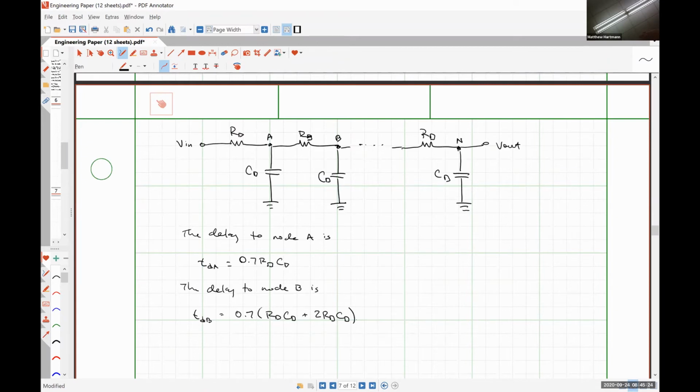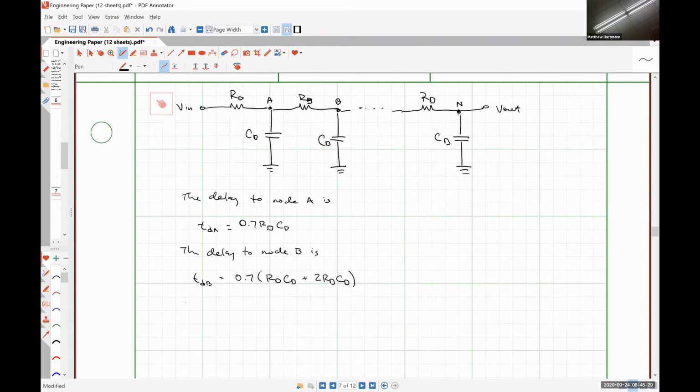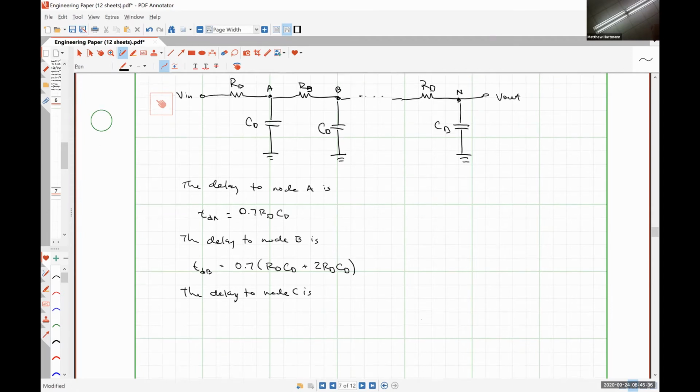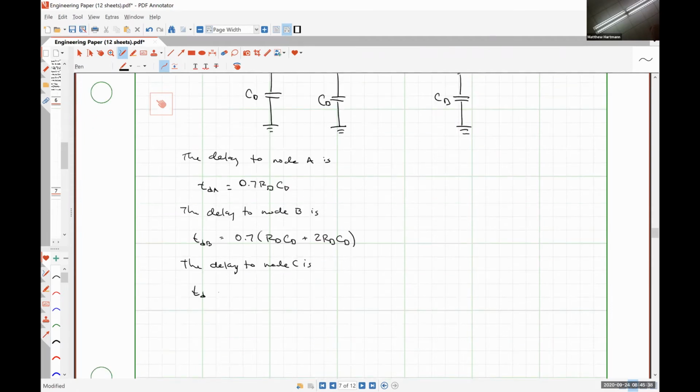So it takes extra time for the signal to propagate all the way to node B. Similarly, the delay to node C is going to be 0.7 R squared C squared plus twice R squared C squared plus 3 R squared C squared, because we have to get to the third node, and it just increases like that. So from this,